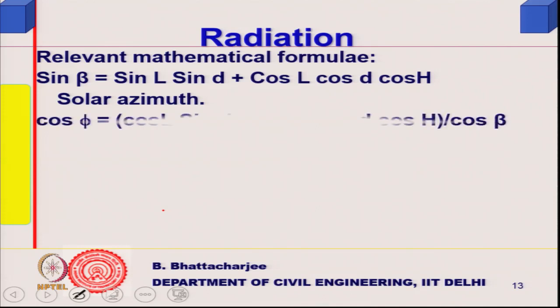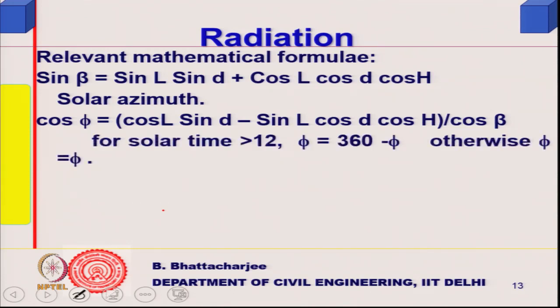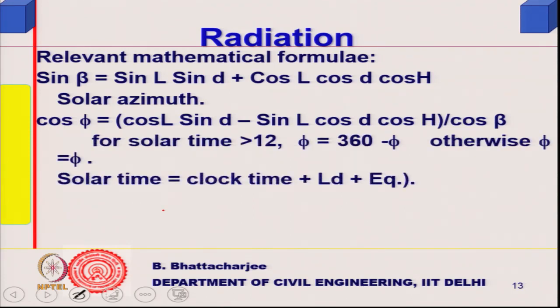Solar azimuth is given by cos latitude, one formula is like that, one formula is like that, but we are using a different formula which we have derived. They have a different convention. So, this formula you might find in some books, that is why I have left it, I did not throw it away. Some books you will find this cos latitude sine declination minus sine latitude cos, divided by cos beta,